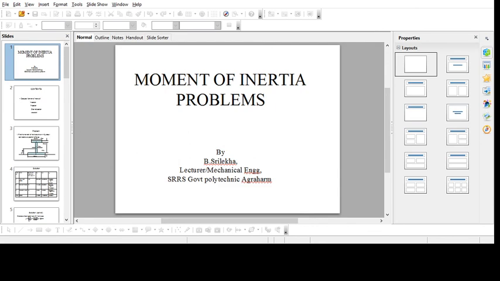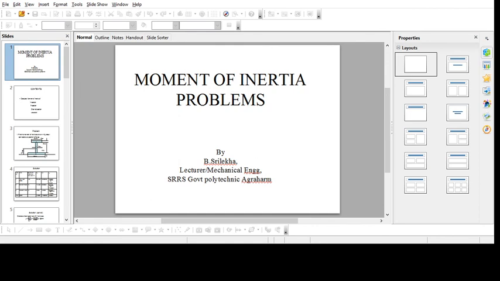Thereafter you'll find the centroidal distances, nothing but the distance between the individual sections and the centroid of the composite figure: hx1 is equal to x bar minus x1, hx2 is equal to x bar minus x2, hx3 is equal to x bar minus x3. Likewise you will find the distances. Similarly, hy1 equal to y bar minus y1, hy2 equal to y bar minus y2, hy3 equal to y bar minus y3, and so on. In this fashion you will be finding the moment of inertia of each section.